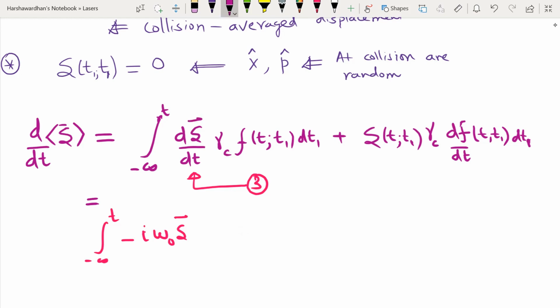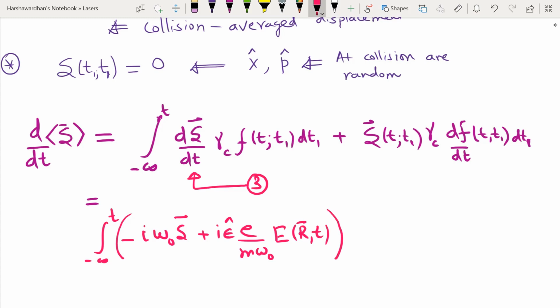I should be careful with my vector signs. Plus i epsilon e by m omega naught, the electric field E of r comma t, which by the way is completely unaffected by collision, multiplied by gamma c